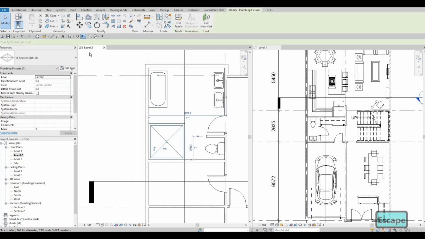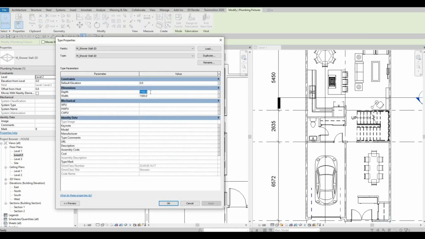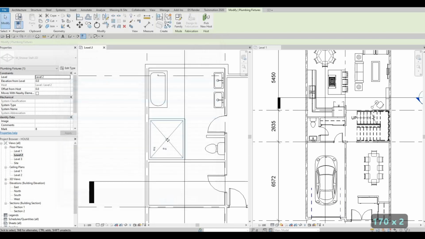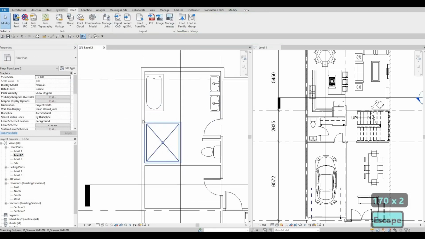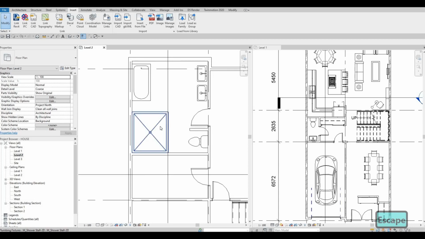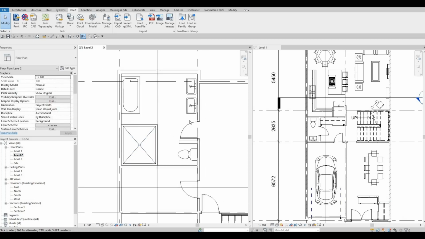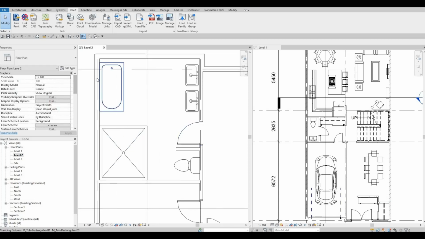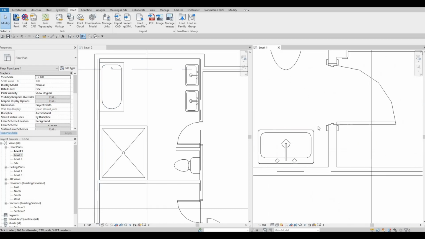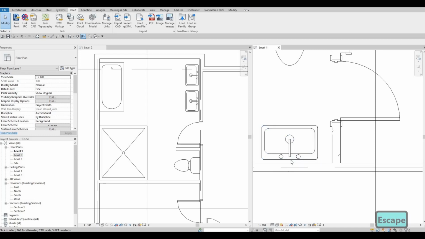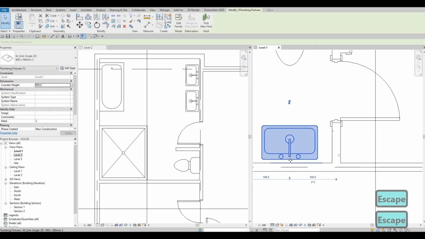We could just extend this one as well. Maybe this one should be 1700. Okay, so that looks huge and proper for the size of this one. Obviously, let's go back here. We just need to add in some lines. Those lines represent